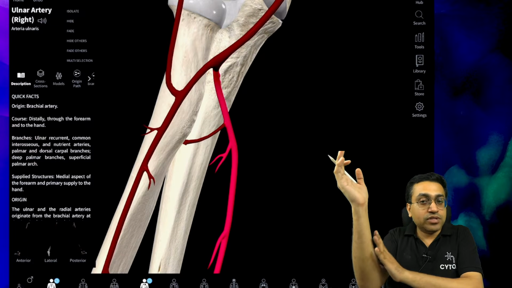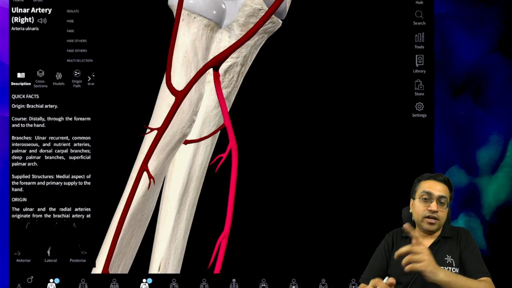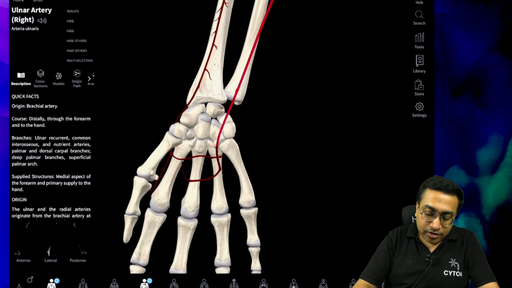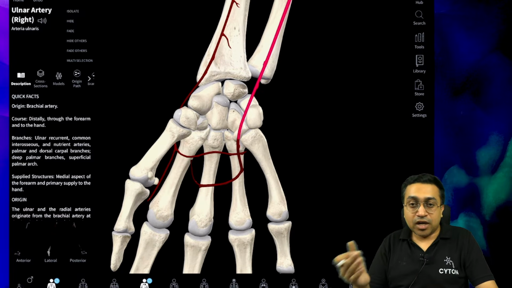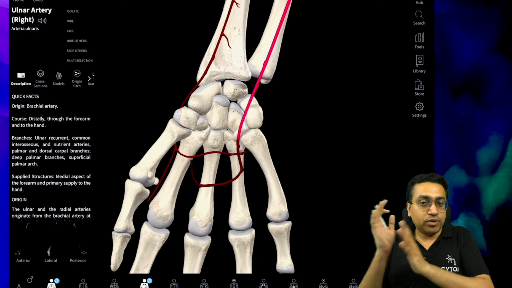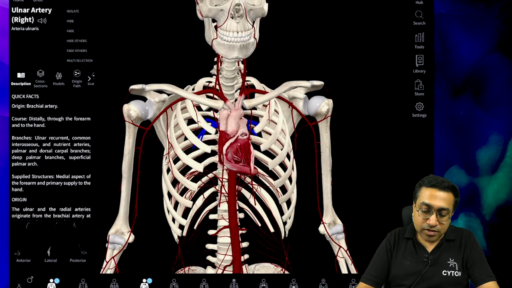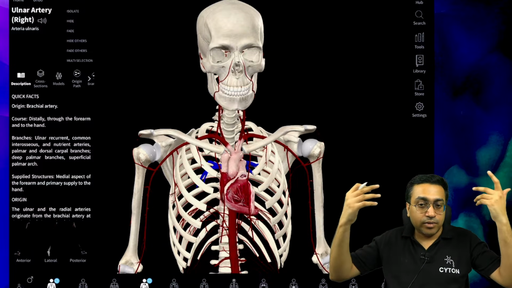So we have two bones, radius and ulna, you know this. So the two names will be given, radial and ulnar artery. And then further these arteries will go in the hand region, and they will form some arches, the palmar arches, which we will discuss eventually topic wise. So I hope you got this point, what major vessels are supplying both the upper limbs and the head and neck region inside the cranium as well.